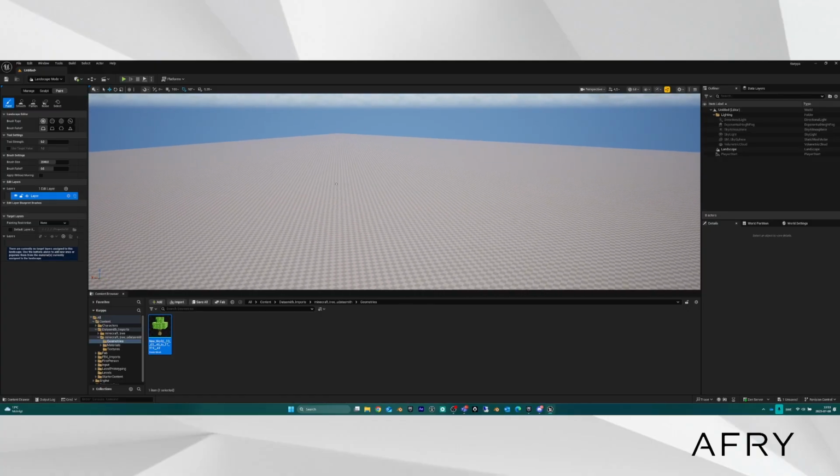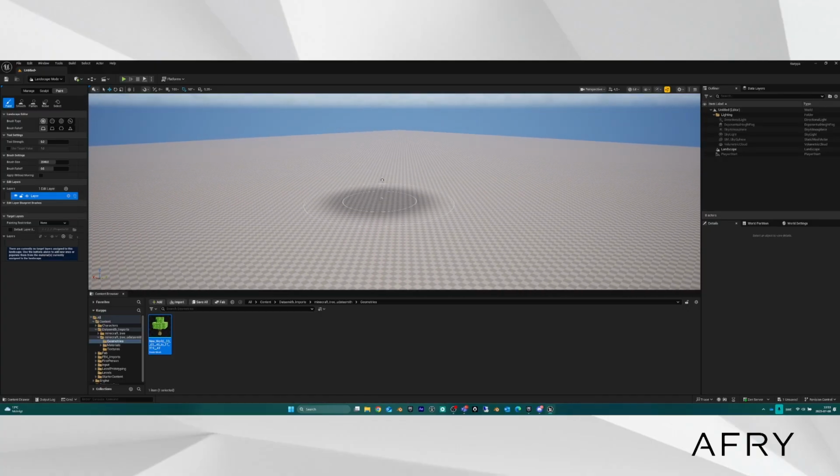Might not be that useful for Minecraft though, but I did actually use both the landscape sculpting and the painting